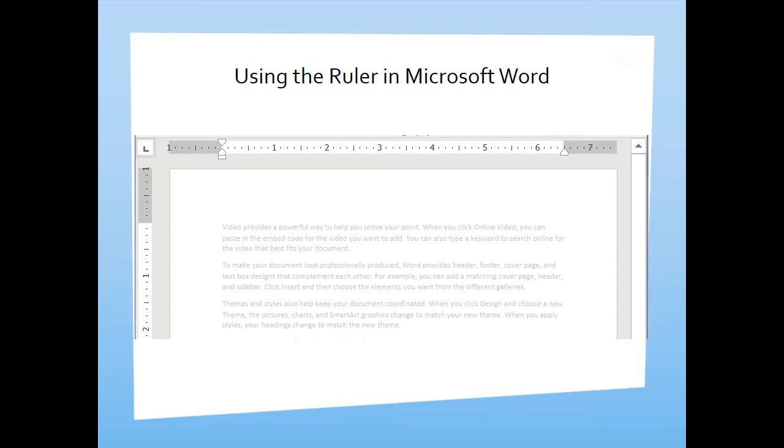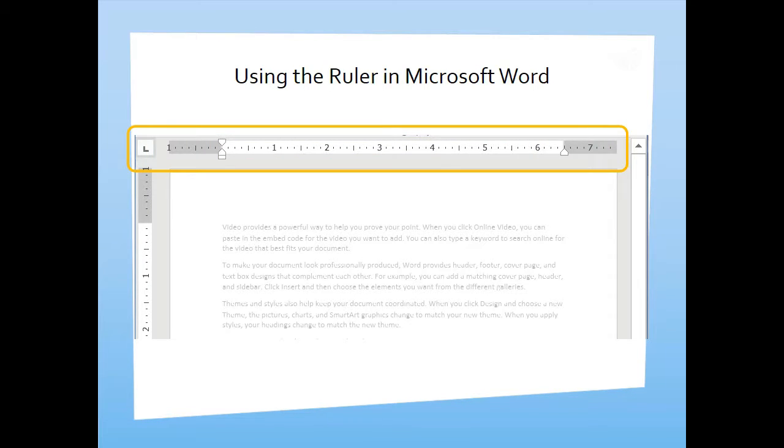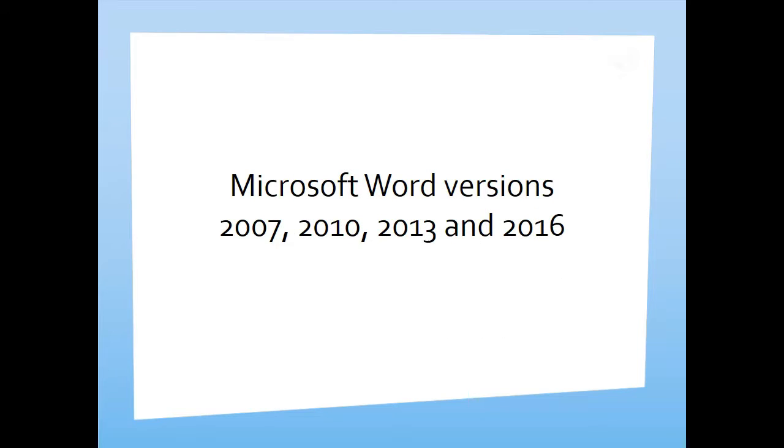In this video, we are going to take a look at the ruler. In Word, you can quickly set up margins, tab stops, and paragraph indents right on the horizontal ruler. What you learn in this video will apply to versions of Microsoft Word 2007 to the current version. I will be demonstrating with Word 2016, so depending on what version you are using, my screen may look slightly